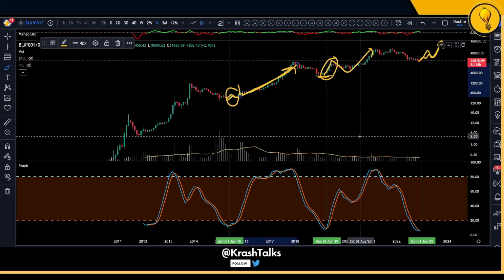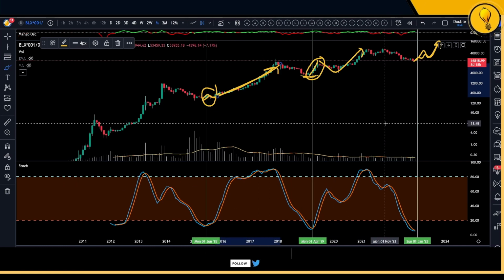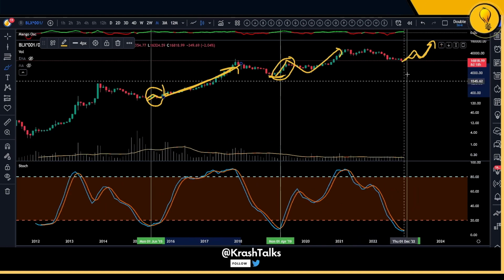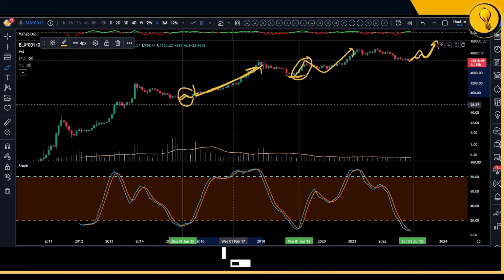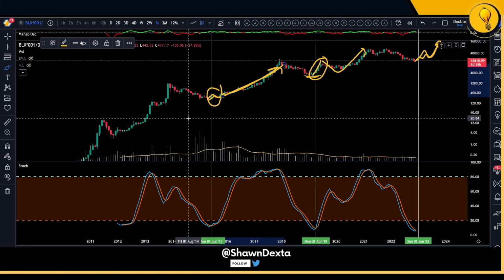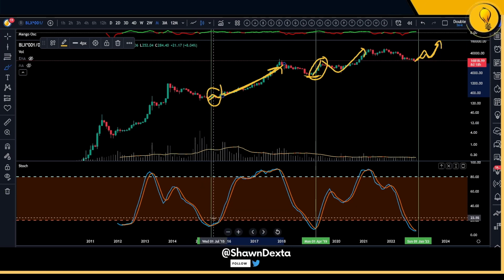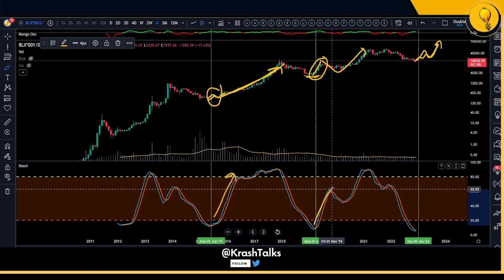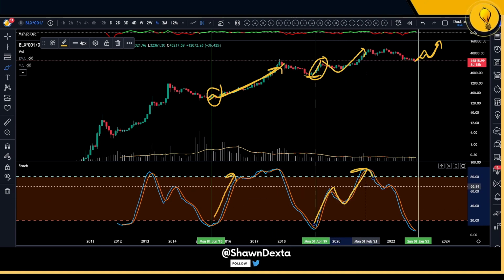So, anyways, the main point over here, guys, is that the monthly stochastics, if they cross in the next month or two, could be another piece of the puzzle adding up to that rising bull market stage. Because the last two times this has happened, we have had a massive move to the top of the stochastics channel, right? Each time we have gone up to the top.